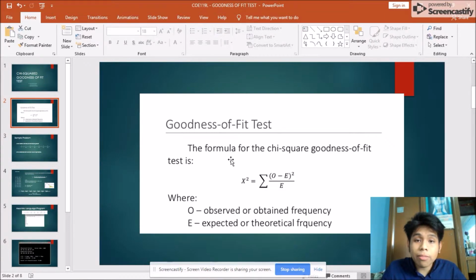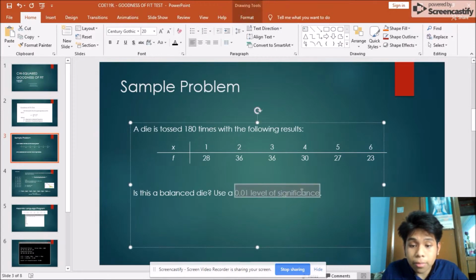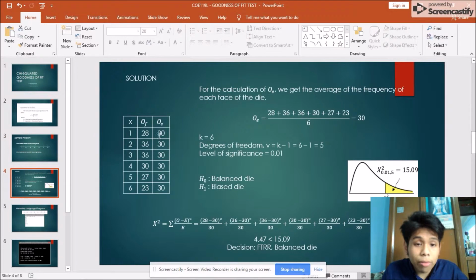So let's manually solve a goodness of fit problem first. Here's a sample problem. A die is tossed 180 times with the following results. These are the results. We are required to solve if the die is balanced. We need to use a 0.01 level of significance. So for the solution,